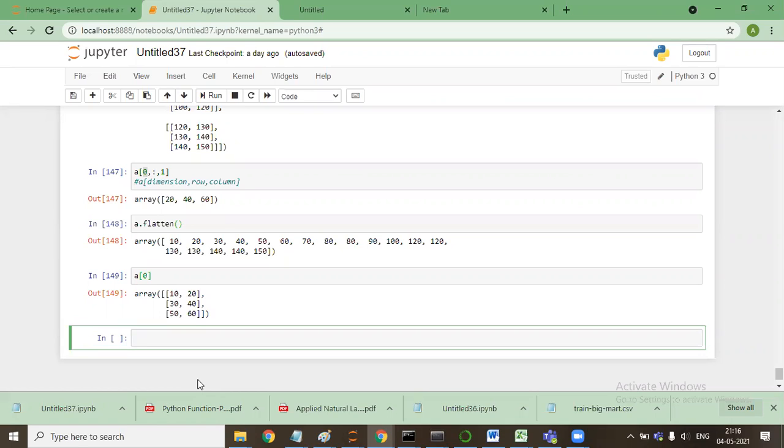If I say I need to select all rows out of it and only the first column, then what will be the value that will come out? Are you getting what I've been trying to say?